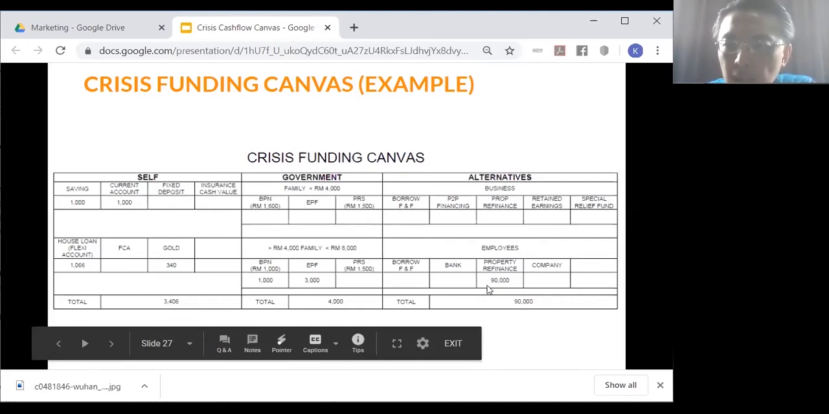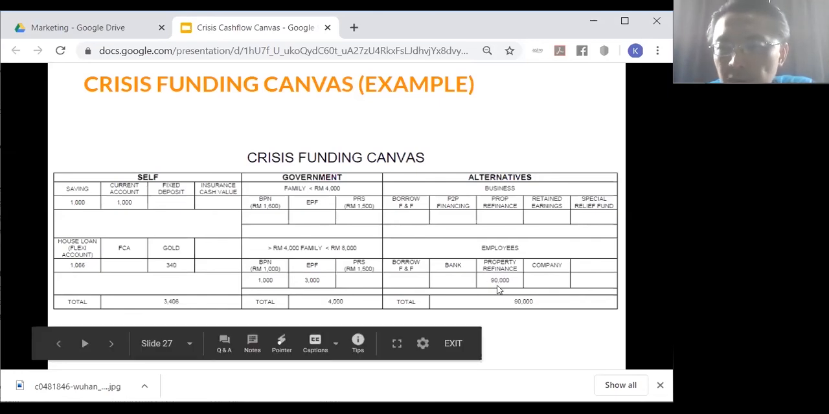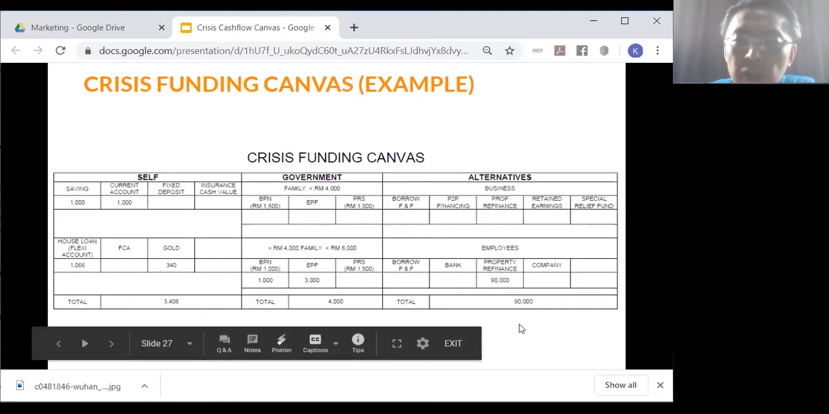So in this case, my client actually had a 90,000 profit from the property that he bought, and he did a refinance. So based on prudent calculation, his property is worth 700,000. 80% he can borrow out from 700,000 is about 560,000. His outstanding loan is about 470,000. That's why the excess 90,000 he can access. But of course,